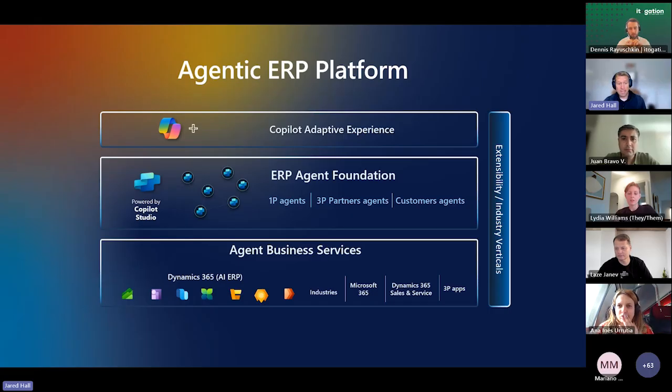And so we want to take advantage of that by using that AI and those large language models to manage generative orchestration within your organization, using the reasoning of these large language models to orchestrate across activities that are happening in your organization. But at the same time, we see a huge opportunity for business applications to contribute to this agentic platform.